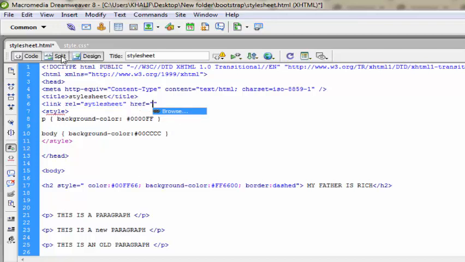We want to link it up with style.css. Now we need to close the tag. I believe we have successfully linked the style sheet.html and the style sheet.css together using this code.